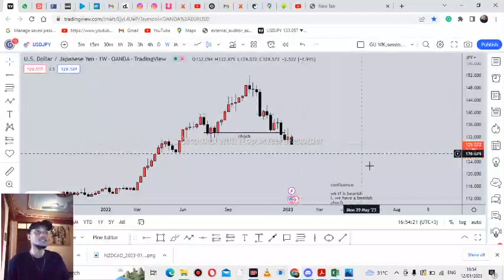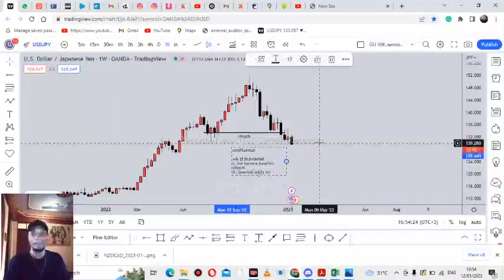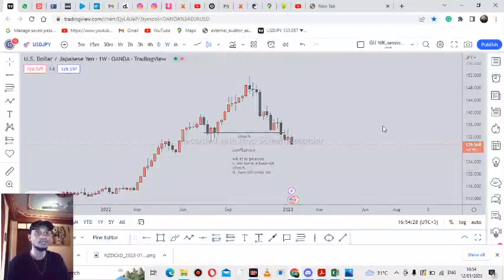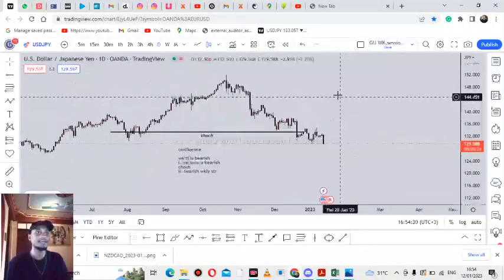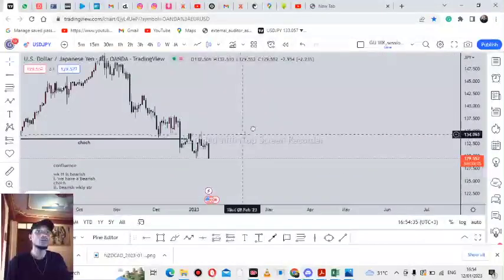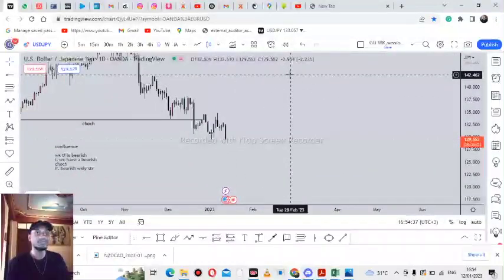So this is another confirmation that we are bearish in the weekly time frame. So then I went to the lower time frame. The other lower time frame was the daily time frame, you see. So when I was in the daily time frame, first of all,